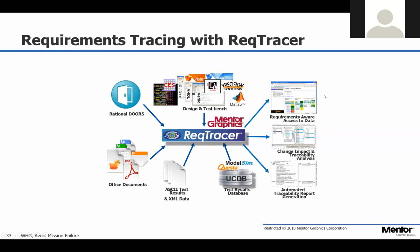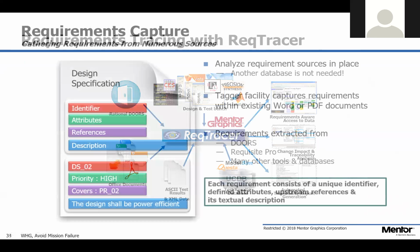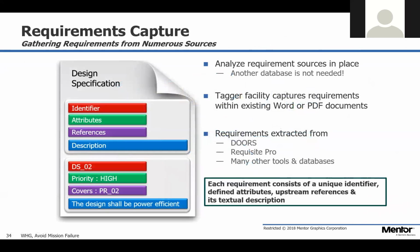So it can put out coverage reports that are generated by Questa. It can show you the traceability. It can create what's called traceability matrices, which is a big thing that these auditors are looking for. And so really it is a tool to facilitate